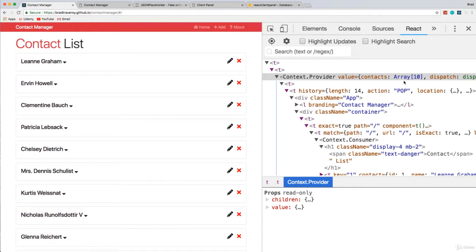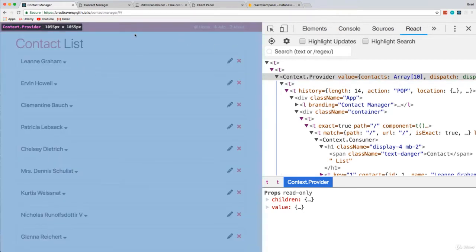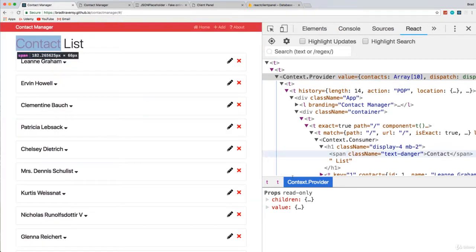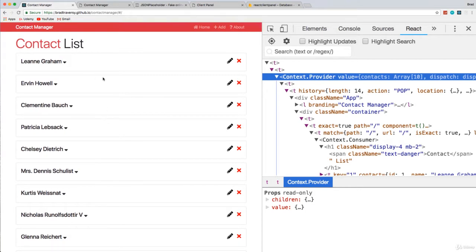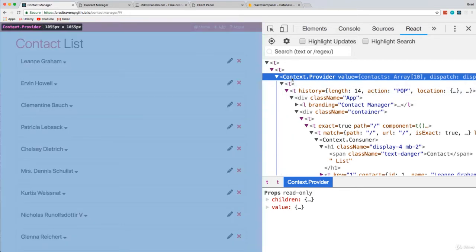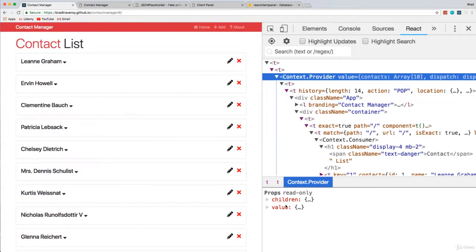So all this stuff we're going to be looking at, but we're also going to be progressively building this contact manager application. I don't want to just end up with some weird sandbox application that doesn't do anything. So it's going to end up being a full CRUD (create, read, update, delete) application. And just to show you over here in the React tools, we're using the context API. So we have a provider which has all of our state, and as you can see down here, we have